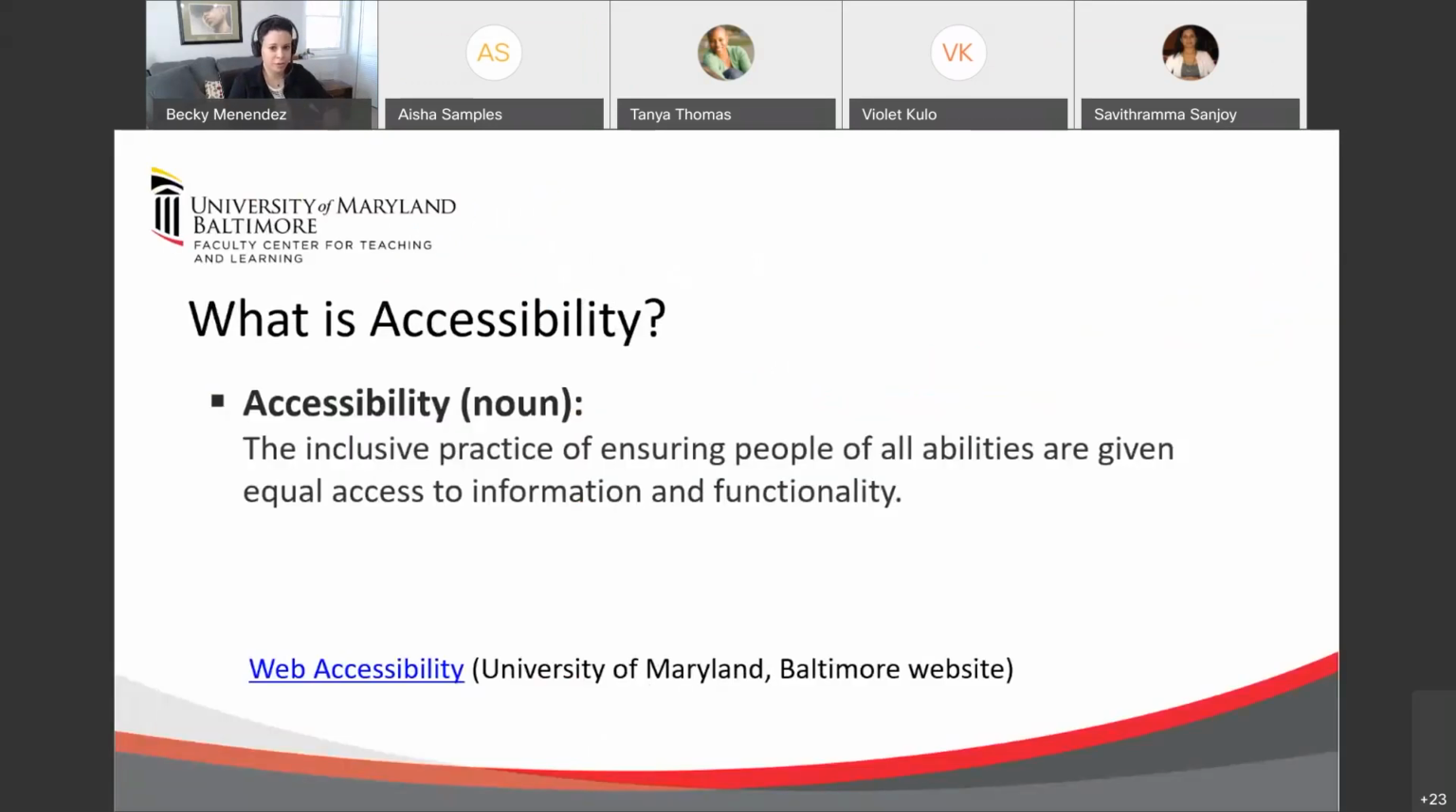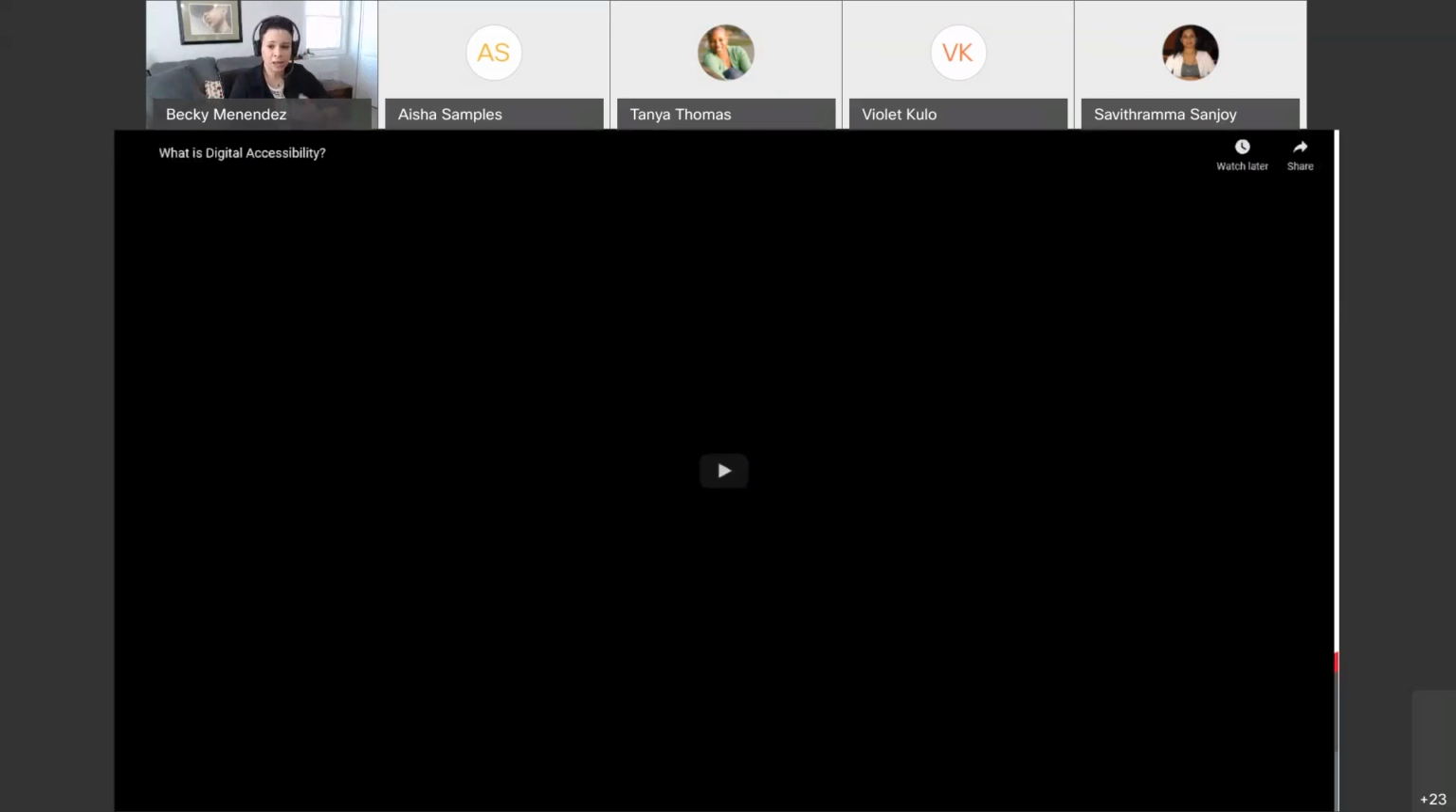Just starting off with a definition of accessibility, I pulled from the web accessibility page on the University of Maryland, Baltimore website. Accessibility is the inclusive practice of ensuring people of all abilities are given equal access to information and functionality. When it comes to digital accessibility, which is what's more relevant in our online courses, I found a short